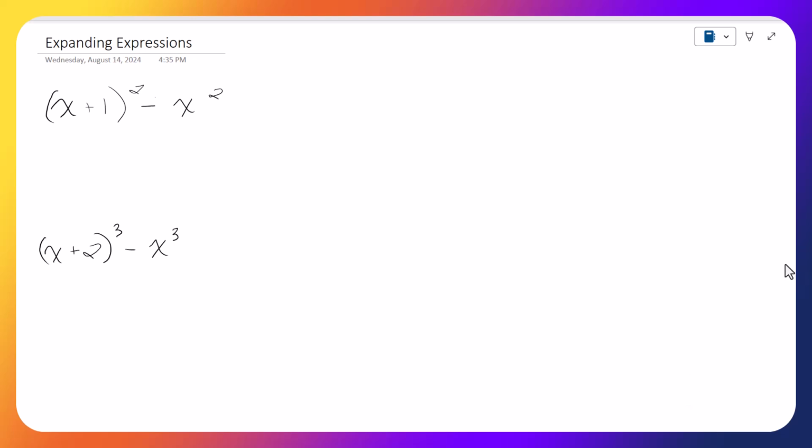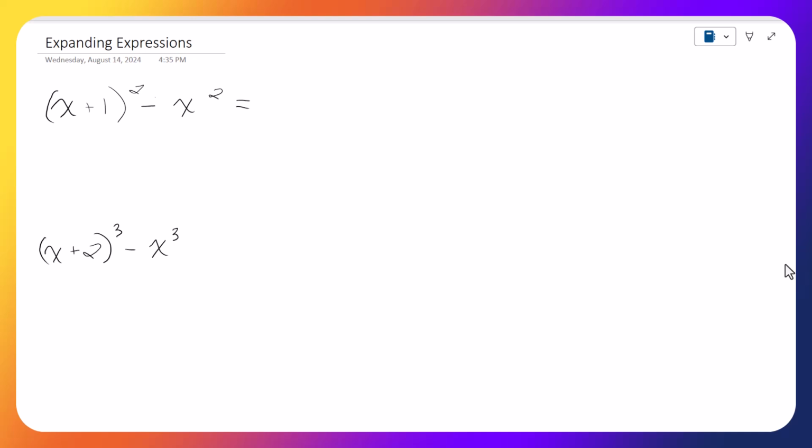Okay, the final prelim topic that I'm going to give us is about expanding expressions, which is really kind of the opposite of factoring in a sense, although I made it a little more complicated than that. Okay, so when we're expanding expressions,